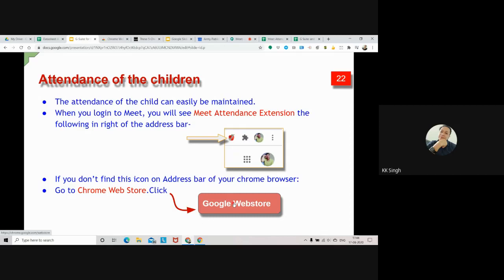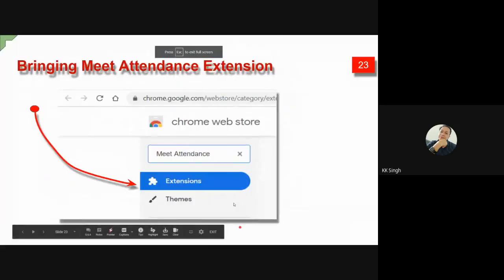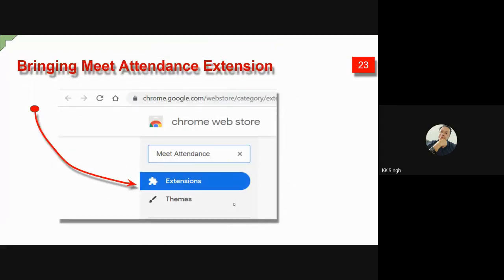These extensions will not be added to other browsers, because you'll find all these extensions in the Google Web Store. So we have seen how to add.